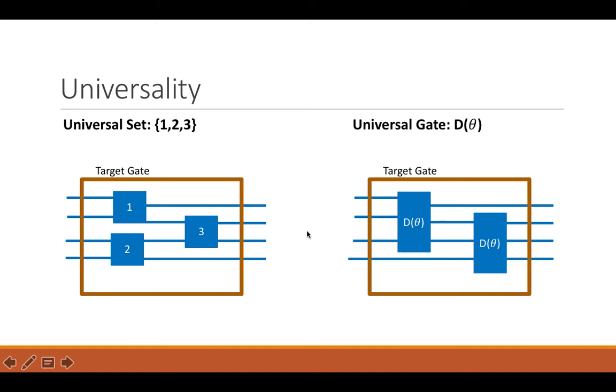And so we already have some universal sets that work for quantum computing, so why even bother with the Deutsch gate? Well, one thing is that the Deutsch gate is a single gate, and so you only have to worry about how accurate the one Deutsch gate is. Whereas in a universal set, you have to worry about how accurate each one of these gates is. So that simplifies things a little bit. Also,